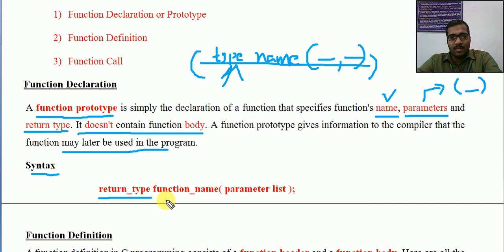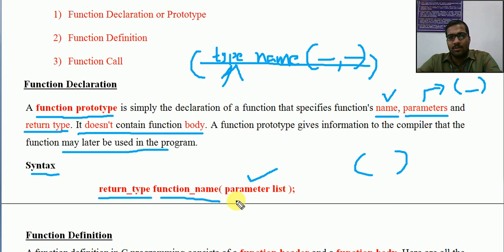Okay, now next one is the function name. We are giving a user defined name. It must follow all the rules of an identifier. Similar to a variable, similar to an array name, we should have a function name also. We should follow all the rules of an identifier. Now next one, within parentheses. Always remember that function parameters are enclosed within parentheses. This bracket is very important. These are called parentheses. So it must be enclosed within this parenthesis.